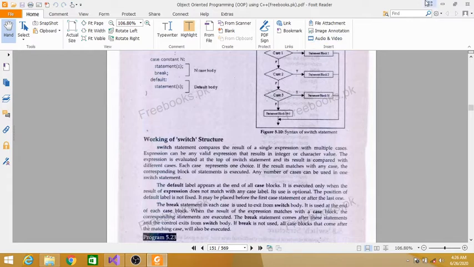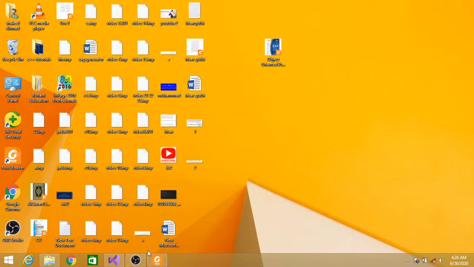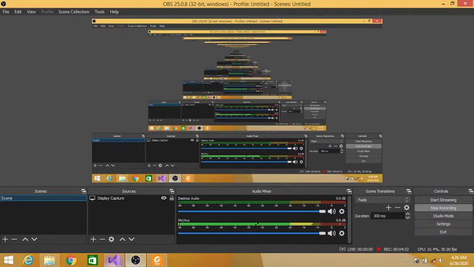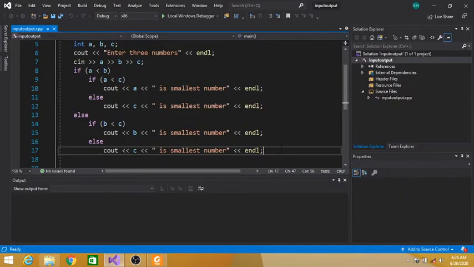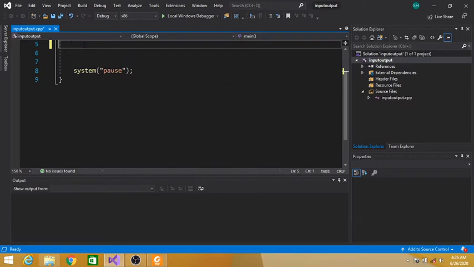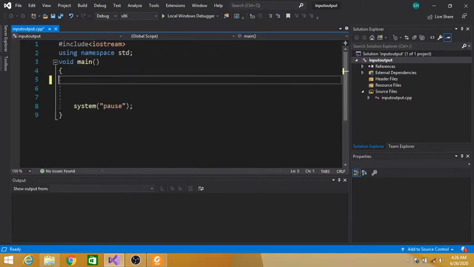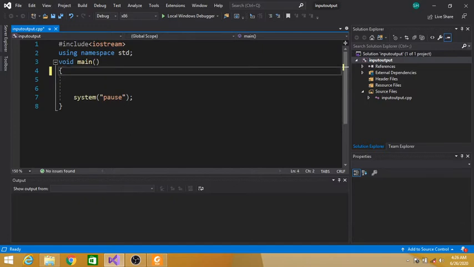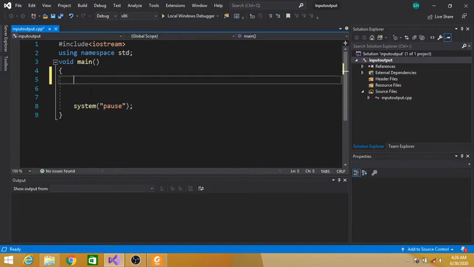So guys, let's start with an example. Let's suppose we are asked to write a program that takes the number of a day of the week and displays the name of that day.